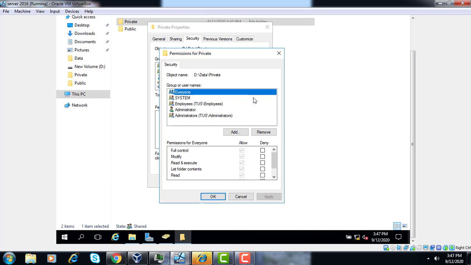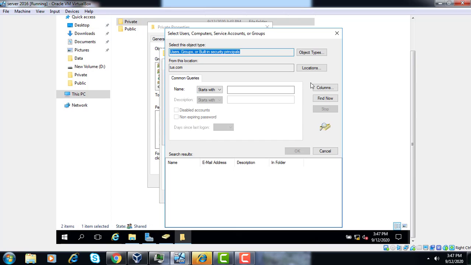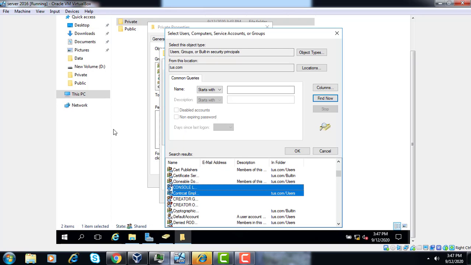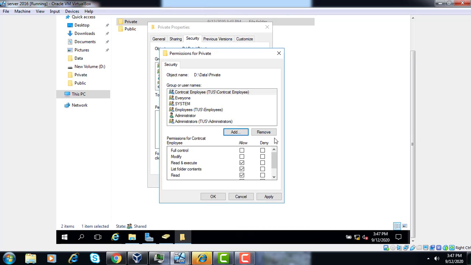Similarly, add another group: you can also find the groups from here, Advanced, Contract Employees. Now Employees currently have Read and Execute, so we can assign them Full Control.